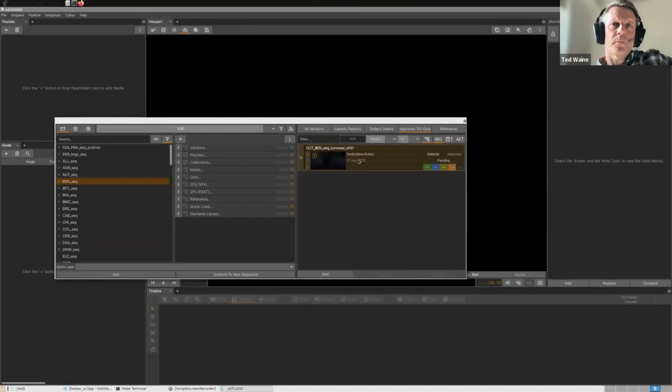If I double click that, it will load into xSTUDIO, and then if I double click the sequence object, here's the timeline. So this is the sequence OTIO file loaded into xSTUDIO. We've got all the shots in the sequence,